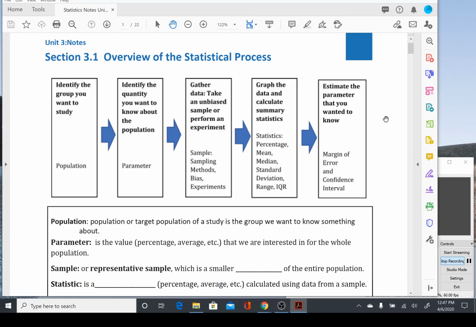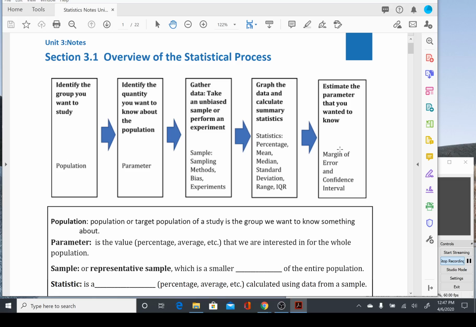We're starting Chapter 3 now, Statistics. In this unit, we will be reviewing the statistical process and covering some vocabulary. When you're beginning a statistical study, you first start by identifying the population that you are